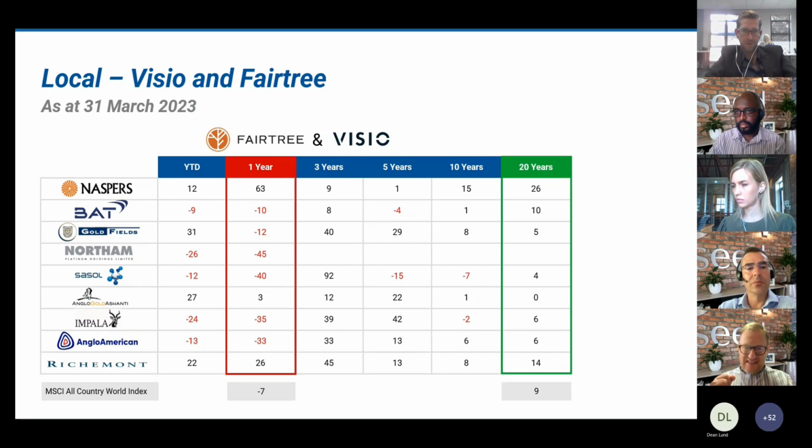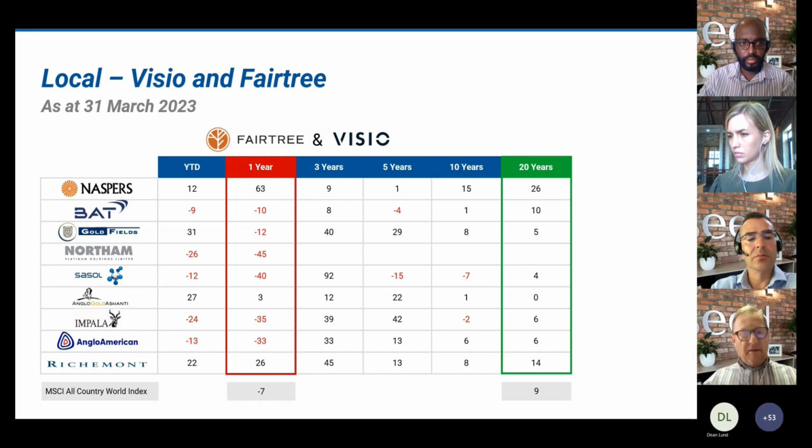And really, we've got a fantastic fund manager there with Fairtree, especially in that you've got to actually trade these names. An example like a Sasol, Anglo American, Impala. These are commodity businesses, and a commodity business over a long period of time can't be a buy and hold situation. You've got to actually trade it. You can see there over 3 years, it's been a fantastic space. 40% Sasol, from obviously an exceptionally low point. All of these from 3 years back have come from an exceptionally low point.